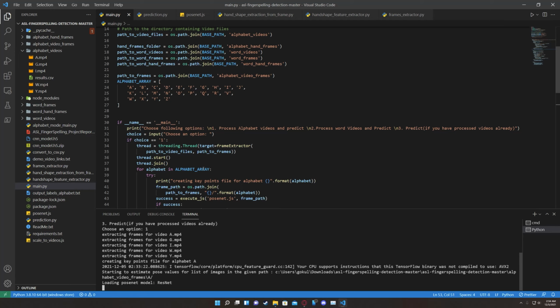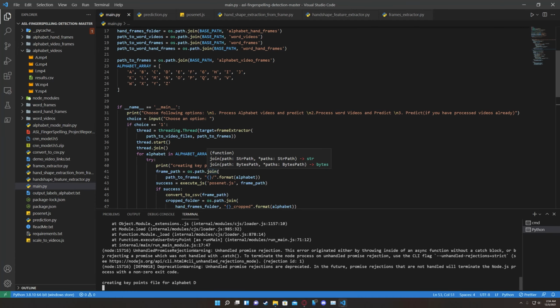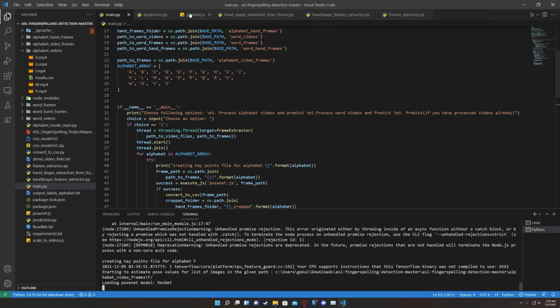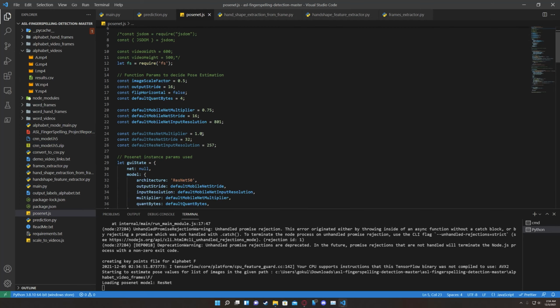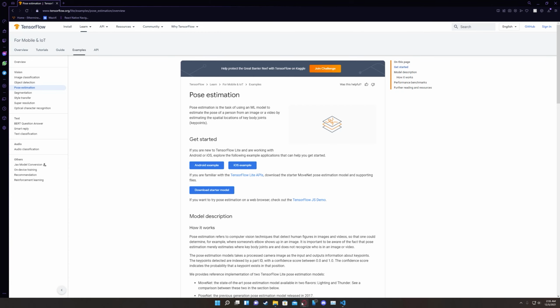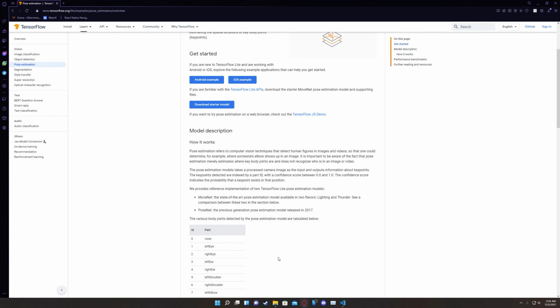Here we have declared an alphabet array, and for each letter, the initial step is that it executes the JavaScript file, which is posenet.js. In this JavaScript file, we have used the PoseNet TensorFlow model. It uses the confidence score and several other factors like pose confidence and image path.